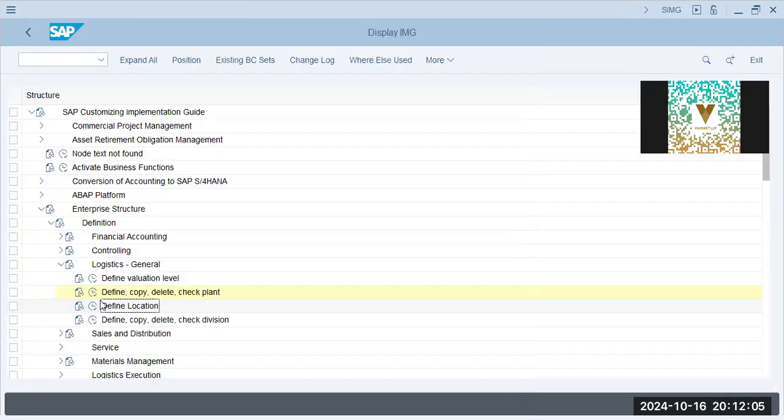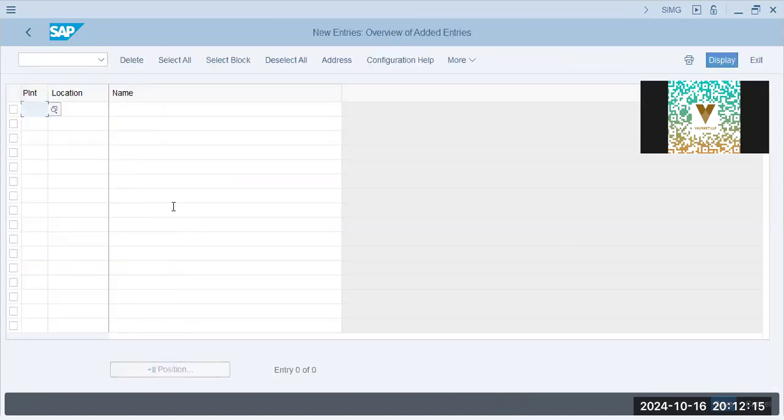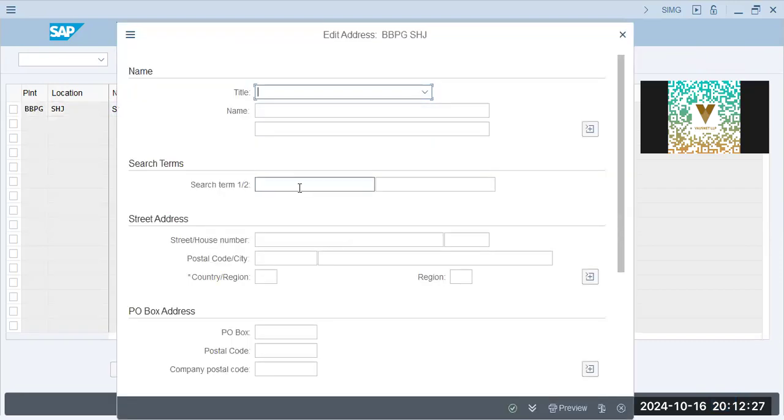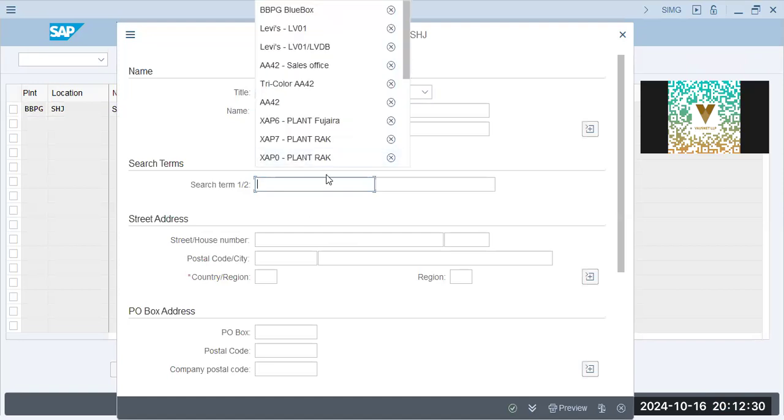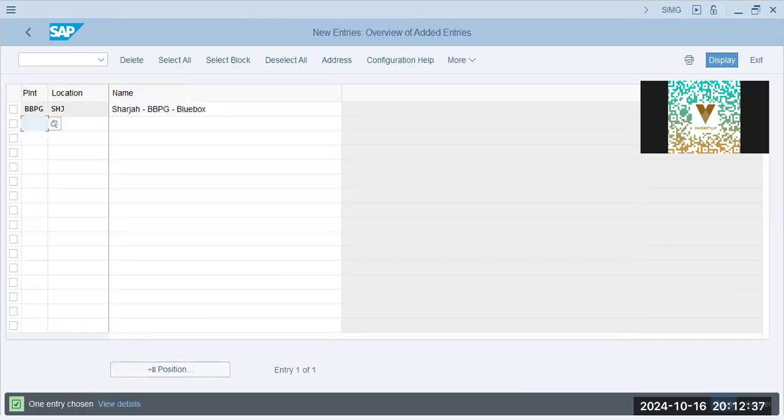Define location. We'll pick up a location, and that is dependent on the plant location. New entries, and that will be BPG. BPG location will be Sharjah. BPG Blue Box. Enter, save. Okay, plant and